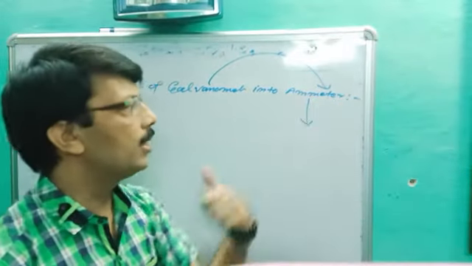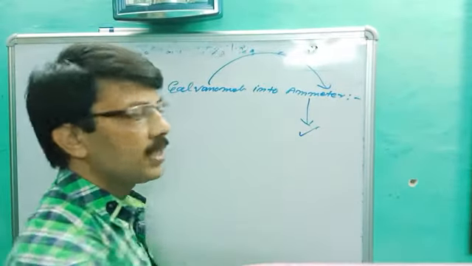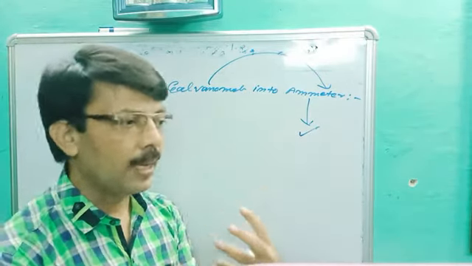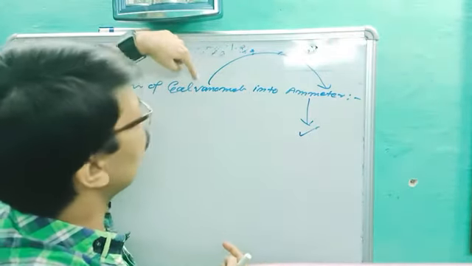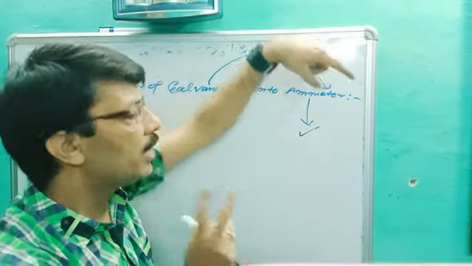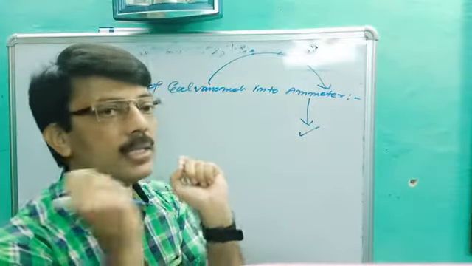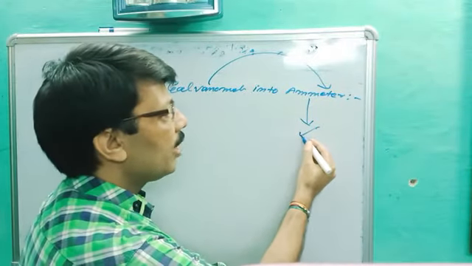So see, what is an ammeter? An ammeter is a device which measures the current. Note down the point. First we have to define our aim, because our aim was conversion of galvanometer into ammeter. It means we are trying to make the ammeter. So first we get the properties of an ammeter. It is the device which measures the current.